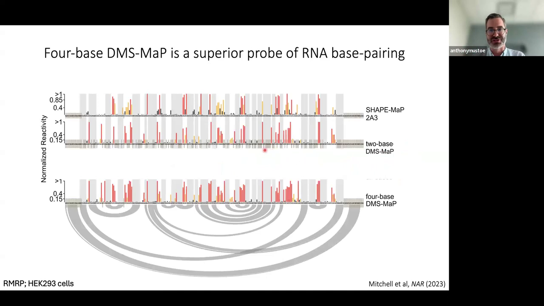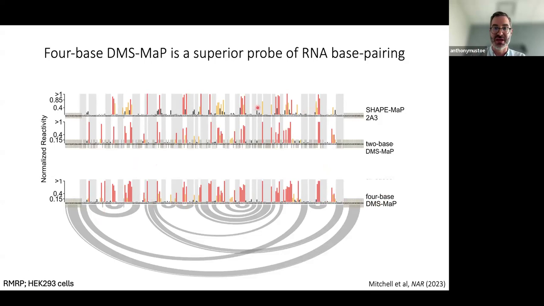So just showing what that data looks like for a representative RNA. This is RMRP, a non-coding RNA that David probed in HEK293 cells. And you can see here this four-base DMS-MaP data that we're getting, and I should say the base-paired nucleotides that we expect to be paired are shown here in gray. There's a really striking correspondence between the four-base DMS data compared to even what